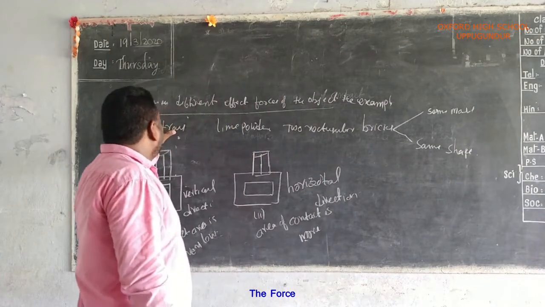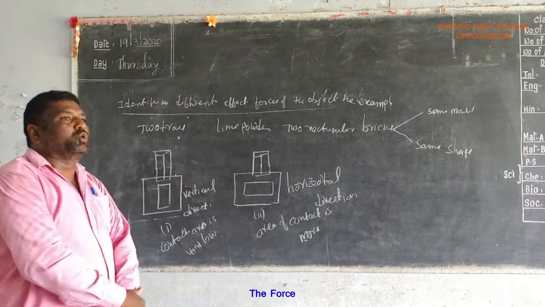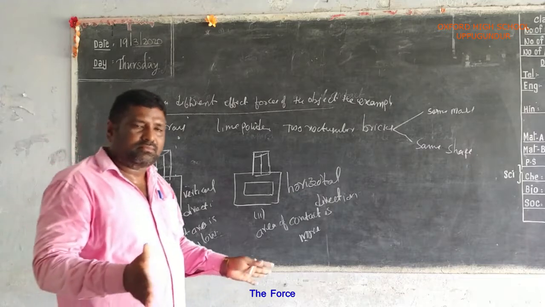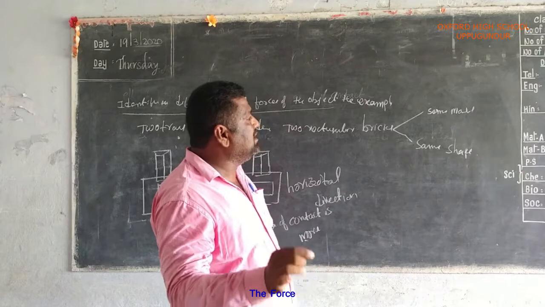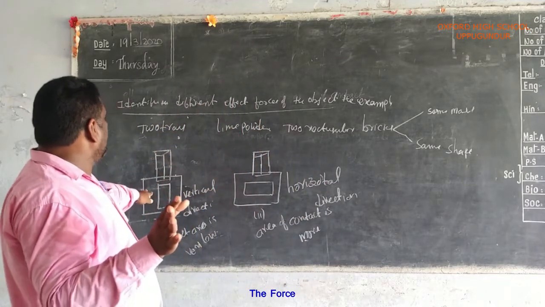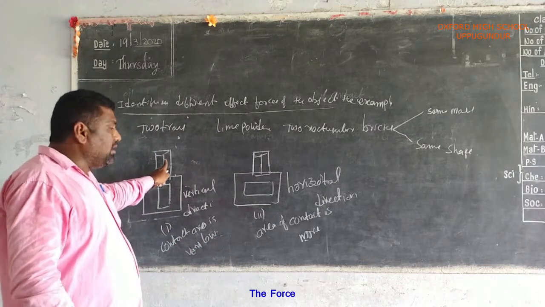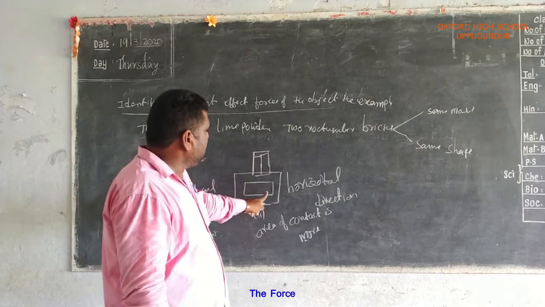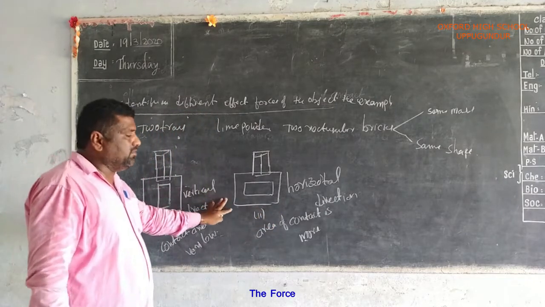Next, to identify the different effective forces of the objectives, examples. We will take two trays. These two trays are completely filled with lime powder and water. I will take two rectangular bricks, same size, same mass, same shape, and we will draw two pictures. In this tray, the brick is dipped in the water in the vertical direction. Here the brick is dipped in the horizontal direction. Here the area is very less. Here the area is very high.